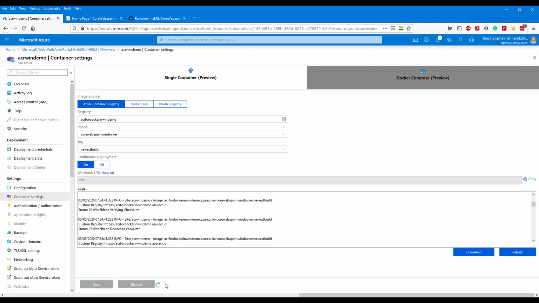So let's save these changes and run our build once again. We enabled continuous deployment, we saved the changes, and we are going back and running our pipeline once again.